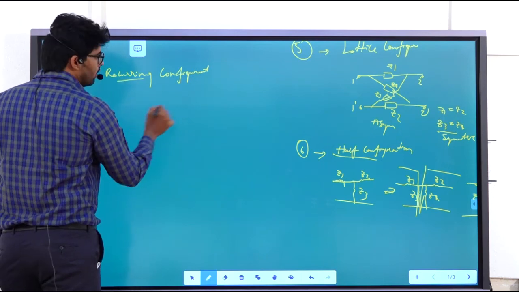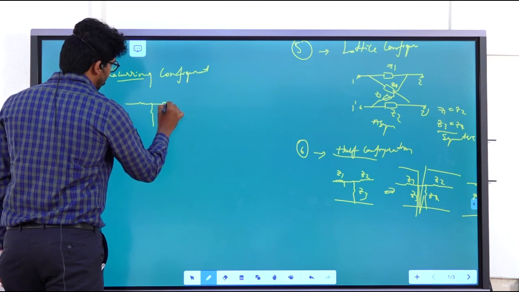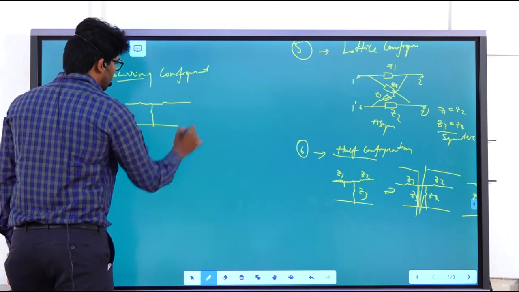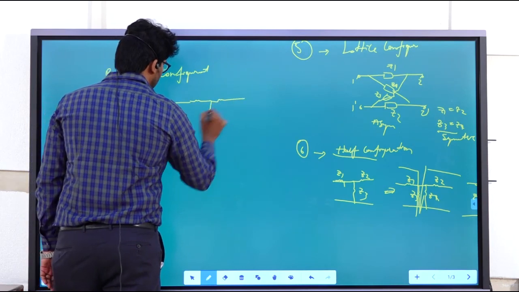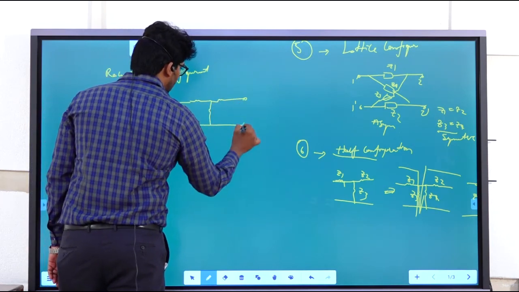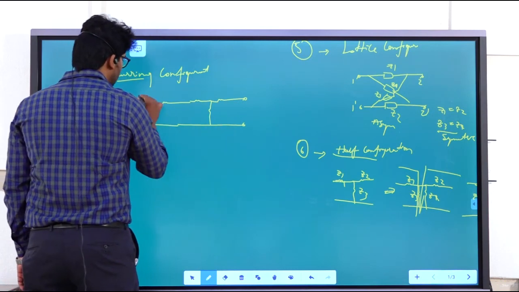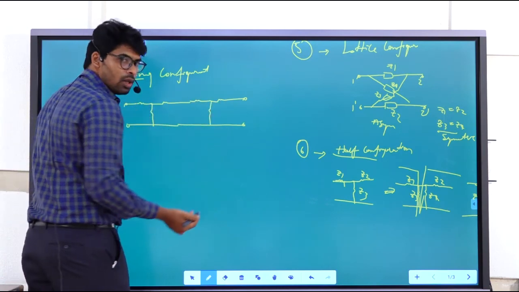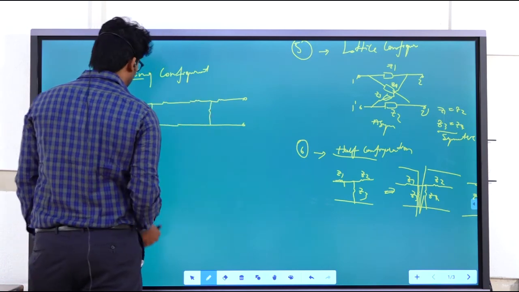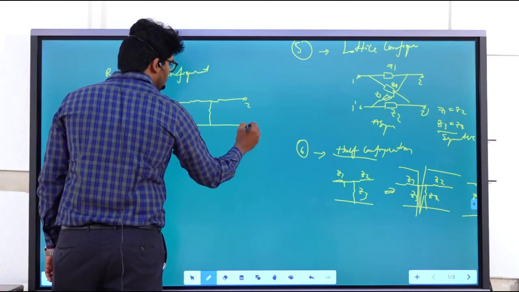So for example, the T circuit you have, if it is repeated twice, okay, and again, so it will repeat n multiple times. The whole thing will become again a 2 port. So this is a combination of a series pattern of 2 ports. So this may become a whole port. So this is 1, 1 dash, and 2, 2 dash.